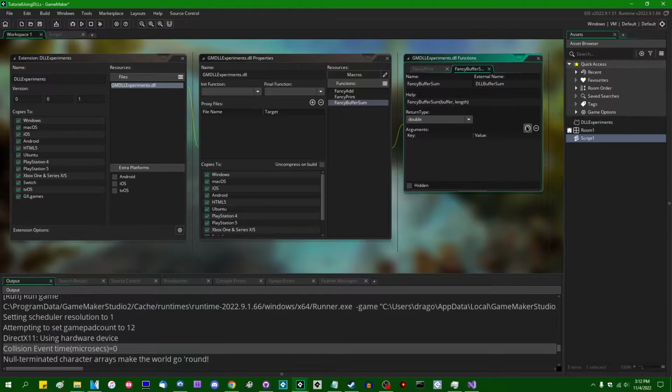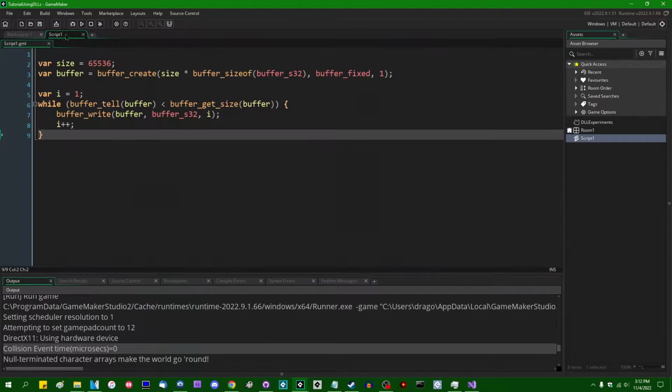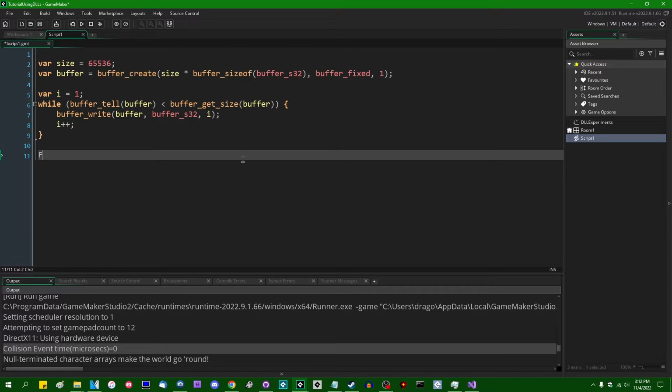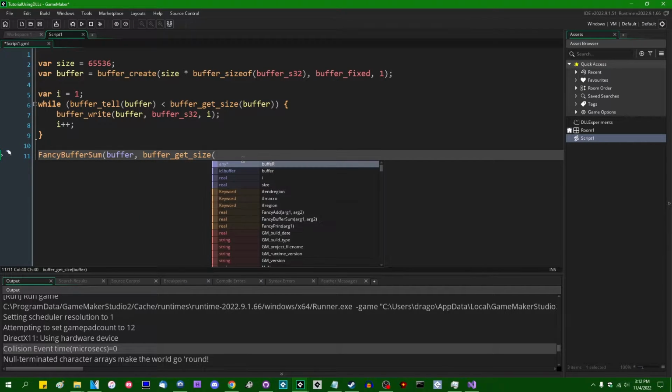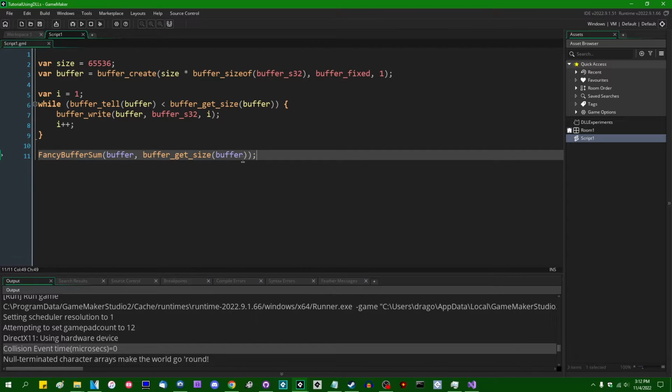It's going to return a double. It's going to take 2 arguments, a string, because it's going to be a pointer to the buffer, and a double for the length. And if I were to say fancy buffer sum with the buffer and perhaps the buffer get size,